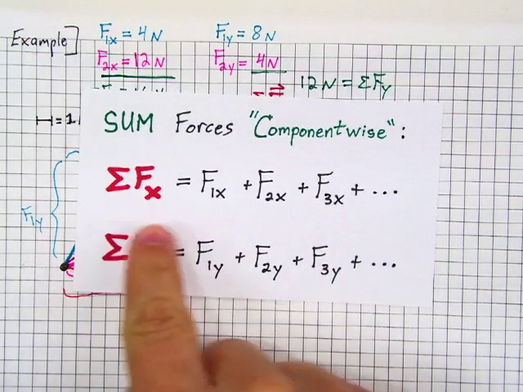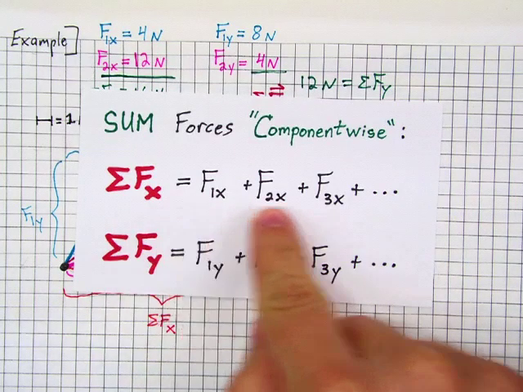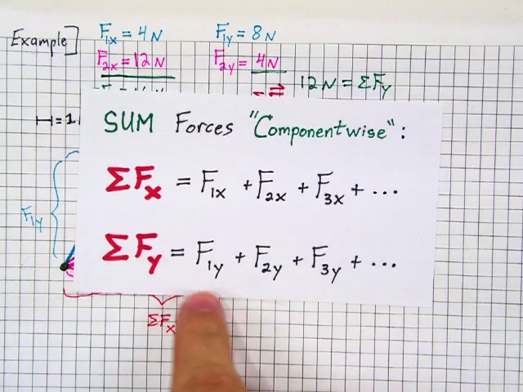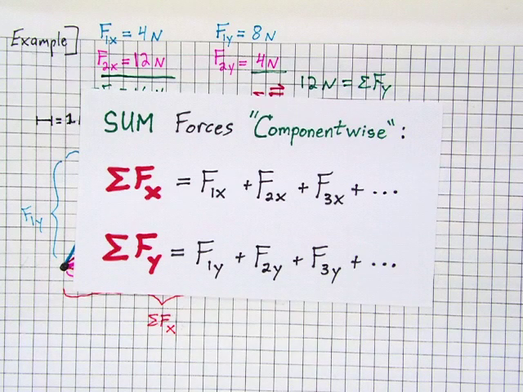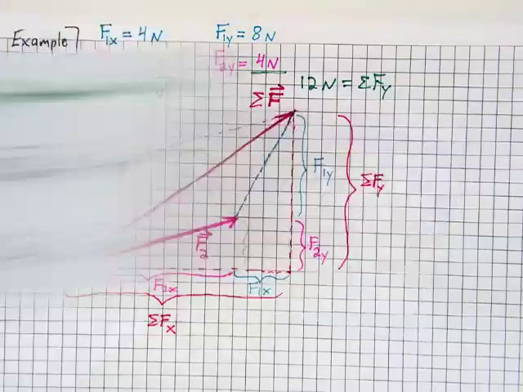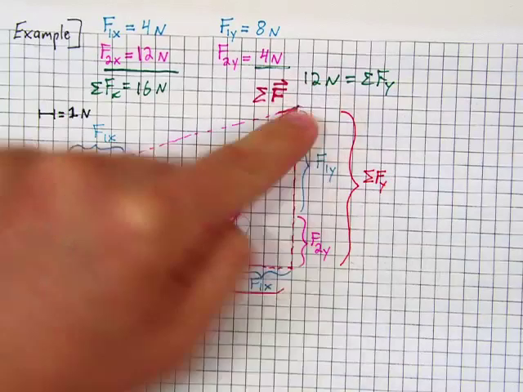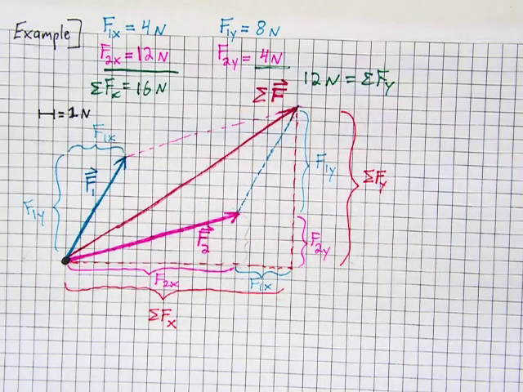The x component of the net force comes from summing the x components of all the forces you're adding up. The y component of the net force comes from summing up the y components of all the forces you're adding up. We call this adding forces component-wise. So with these two components, 16 newtons and 12 newtons, the components of our net force,